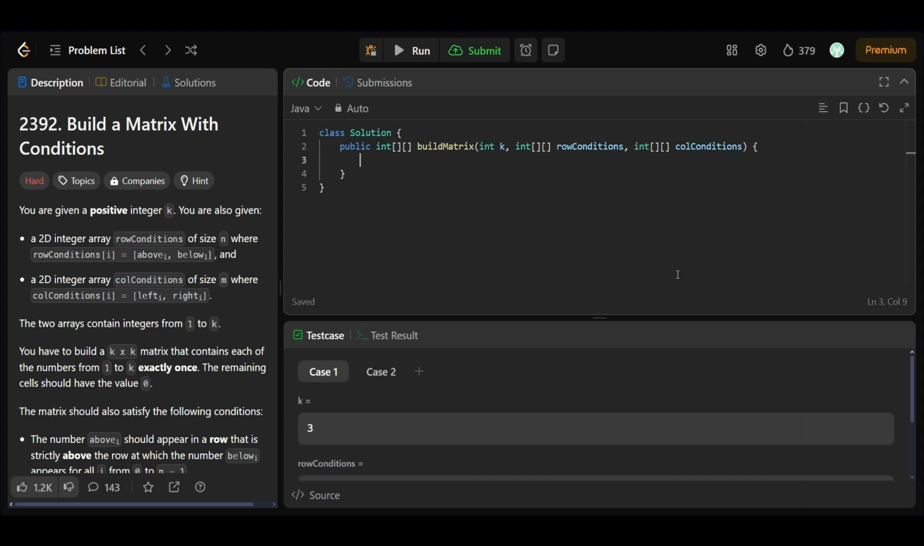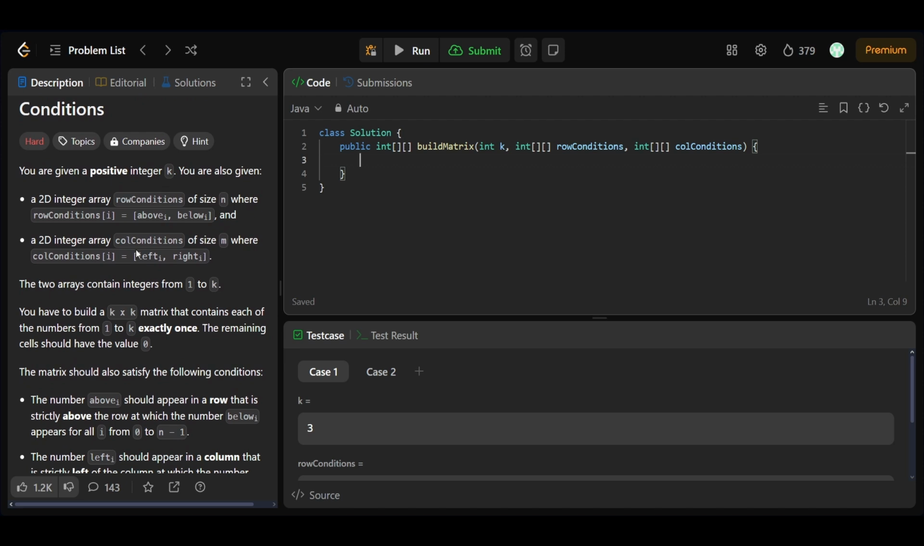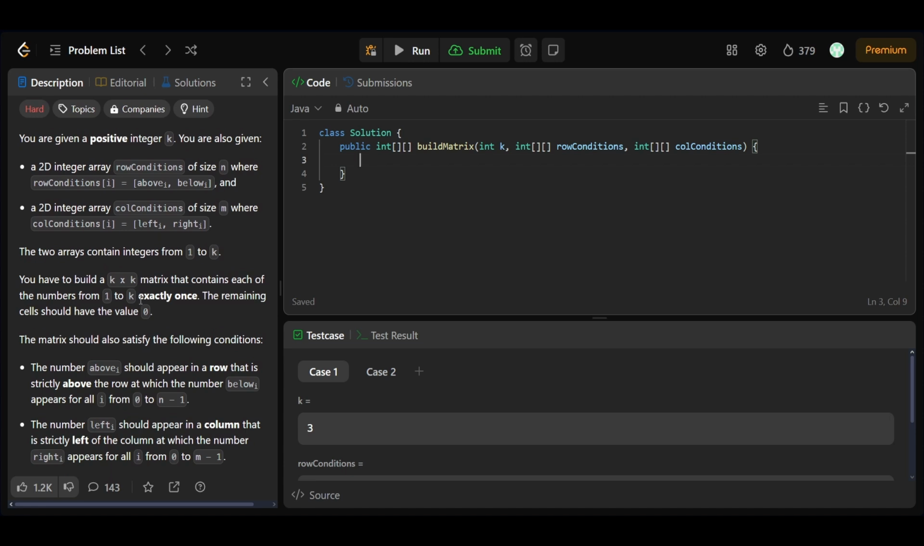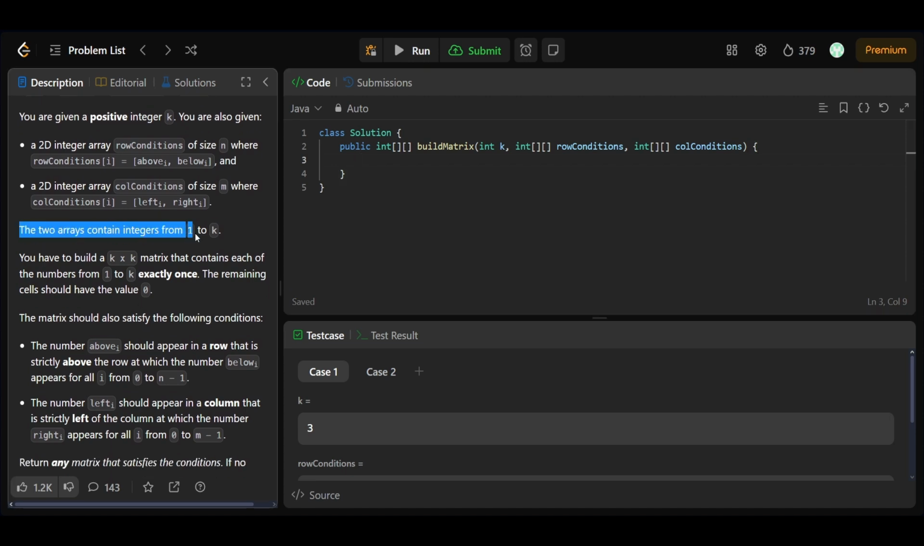Hello people, so today we'll be solving the LeetCode Daily Question, that is 2392, Build a Matrix with Conditions. We are given a positive integer k along with two integer arrays: row conditions of size n, where row condition i is above i and below i, and a 2D integer array of column conditions of size m, where column condition i is left i and right i, and the arrays contain integers from